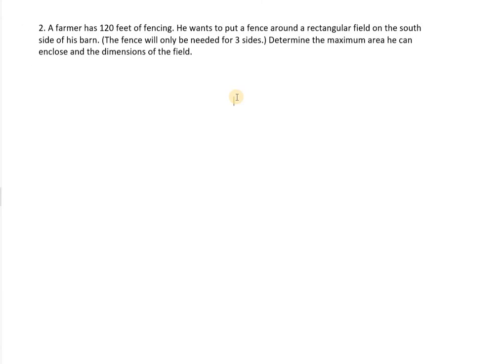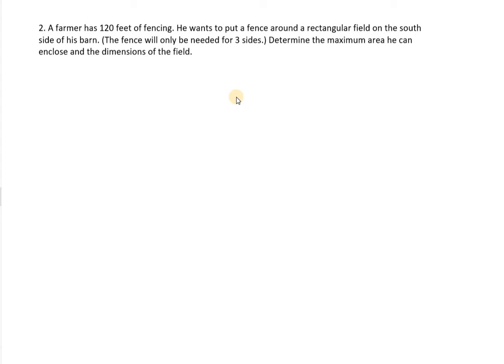Okay, now problem 2 is a little bit different. A farmer has 120 feet of fencing and he wants to put a fence around a rectangular field on the south side of the barn. The fence will only be needed for 3 sides, and determine the maximum area he can enclose and the dimensions